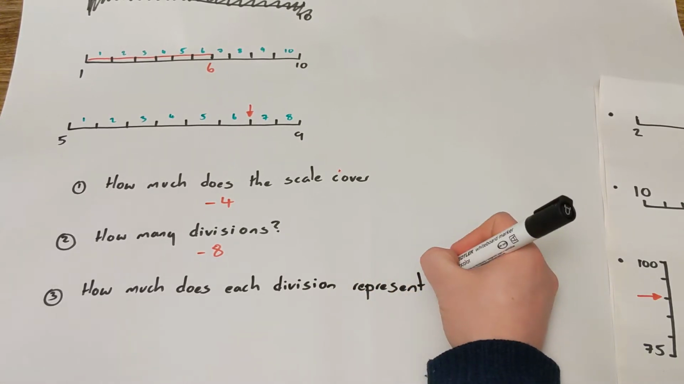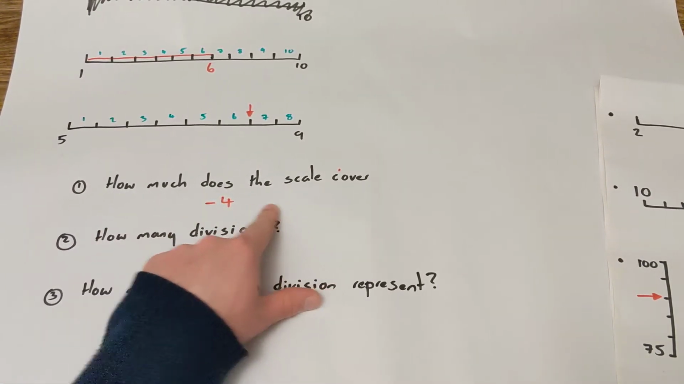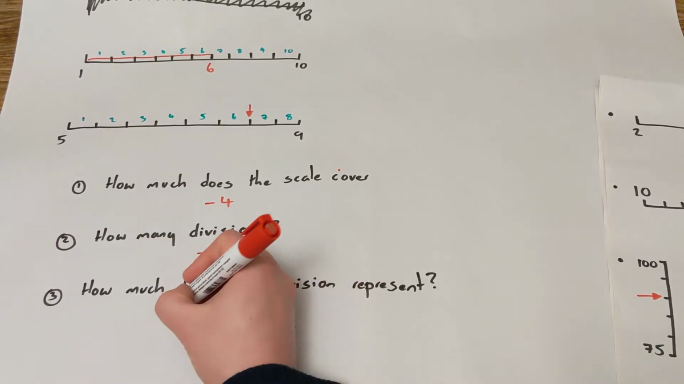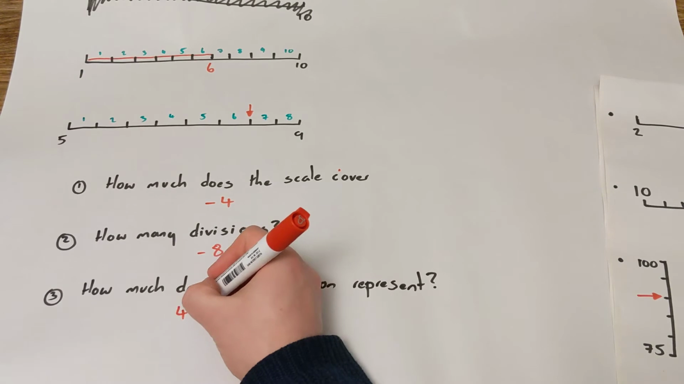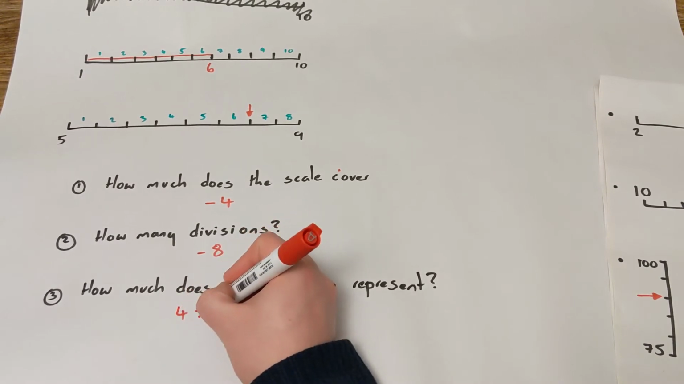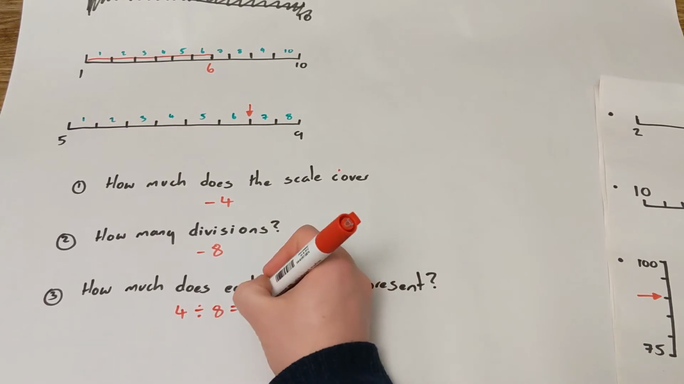Again, reading scales like this is something you can probably do. We just need to know the maths behind it. So if we get a really hard example that we can't see straight off, we can do it. So how are we going to work out how much each division represents? Well, we do a simple sum. We take how much it covers, so 4, and we divide that by the number of divisions. So 4 divided by 8. You could use your calculator for this if you want to, but that gives you